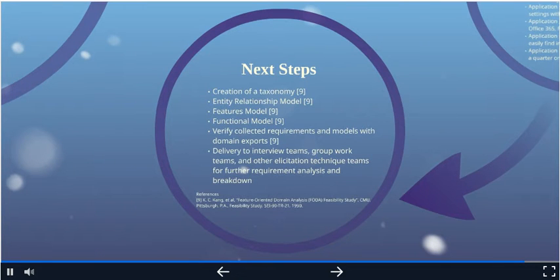With this raw data, our next steps in domain analysis would be to create a domain taxonomy or definition dictionary, entity relationship model, functional requirements model, and verify all of these models with our domain experts. If further information and analysis is needed, we would deliver these documents as preliminary requirements to other elicitation teams, such as interview or group work